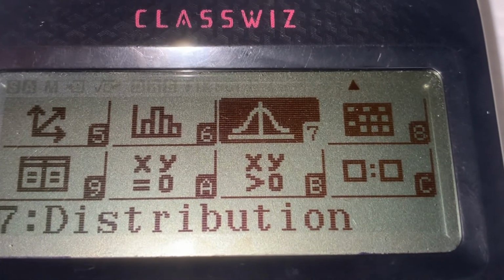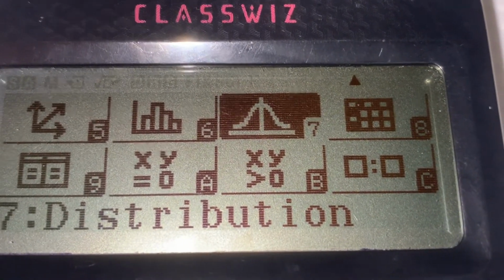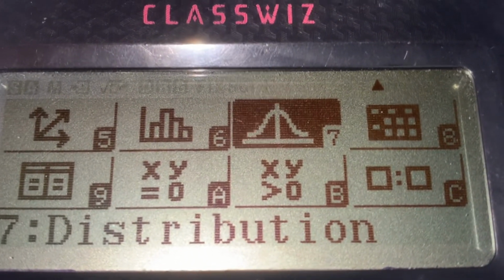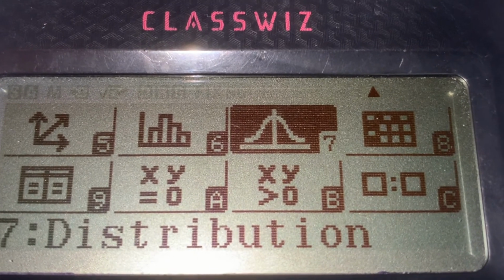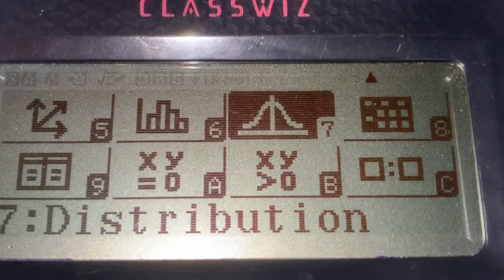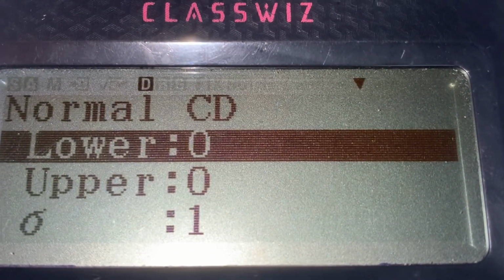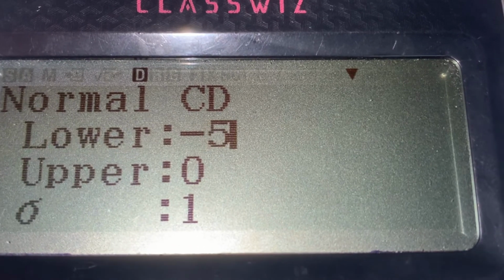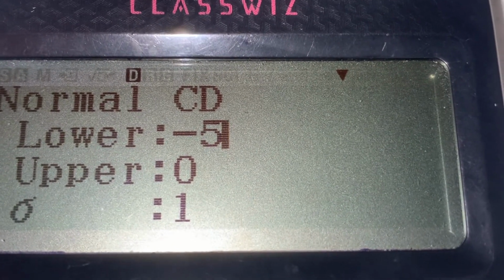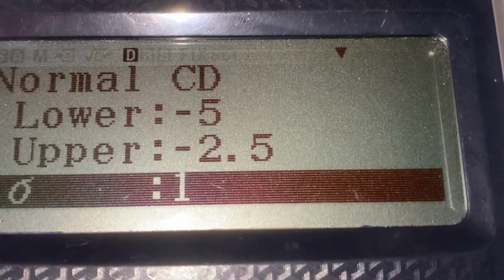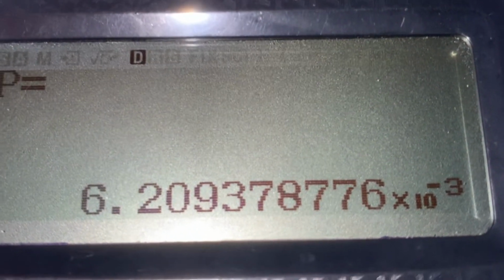To a Z score A is 0.6413, right? Meaning that we can find the area that is less than negative 2.5 from the calculator. So to find the area, use the normal distribution function. Area means probability, right? So the lower limit is negative infinity, negative 5, and then the upper limit of negative 2.5, right? And the 1 you don't disturb, right? You'll get the answer which is